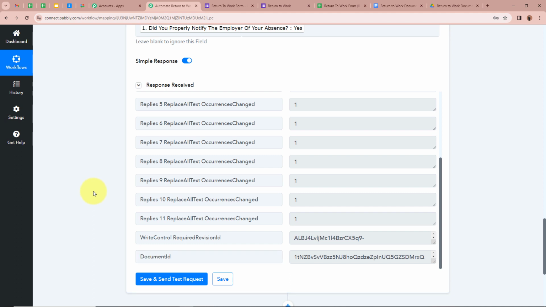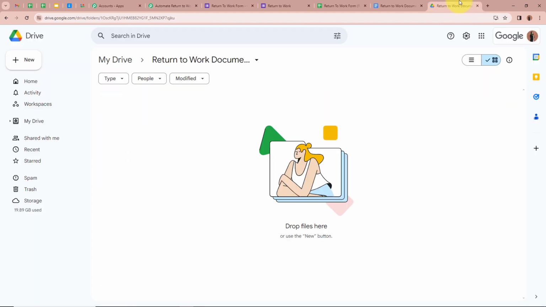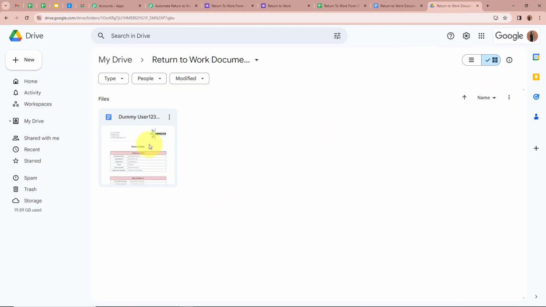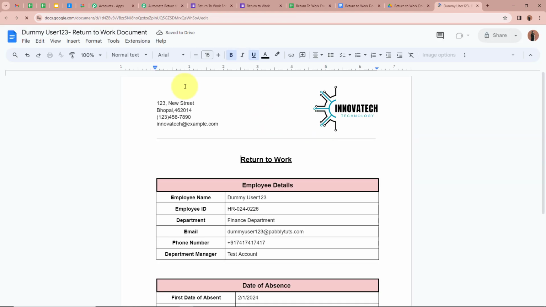So if I'm going to now open my Google Drive folder that I've created, a new document should be uploaded in that folder. I'm going to open my Google Drive folder, and yes, as you can see right over here, a new document is created as well. If I'm going to open the document, the name of the document is dummy user 123 return to work document,